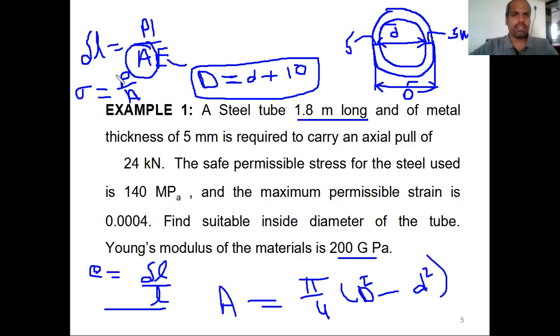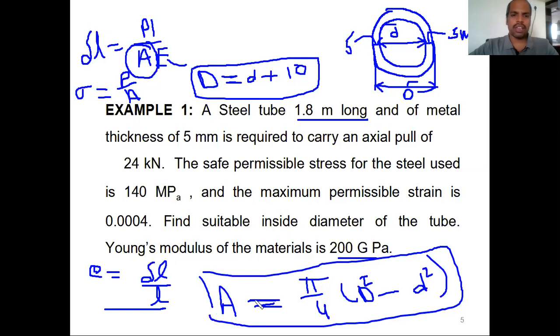From the equations, knowing all the things, first we calculate the area. So calculate the area. Once we calculate the area, then equate it to this equation, pi by 4 D square minus d square. This is unknown. First we calculate from any of the equations, use whichever is convenient and as per the requirements. You can use the equations and calculate the unknown area from this one. Then equate that area to pi by 4 D square minus d square.